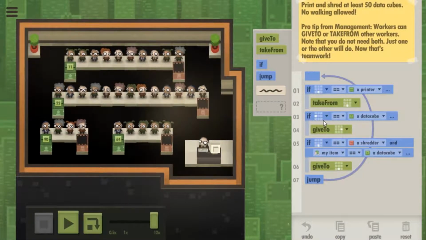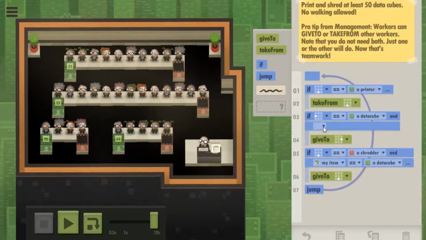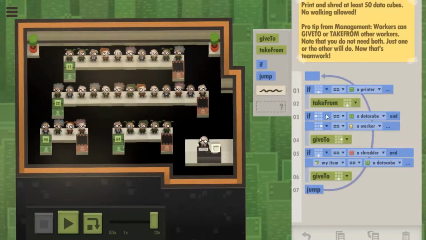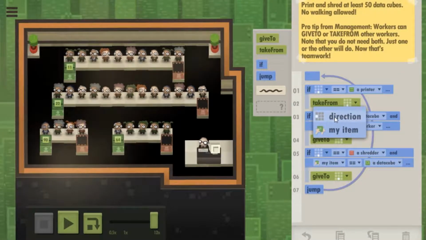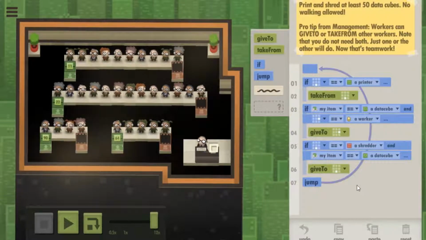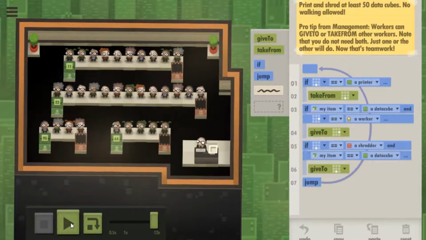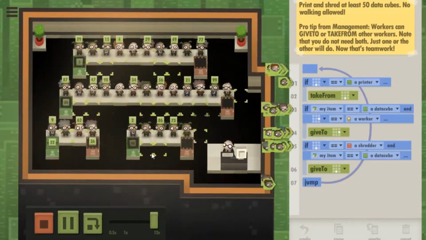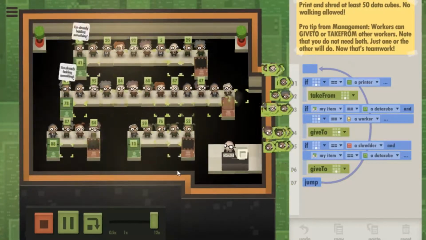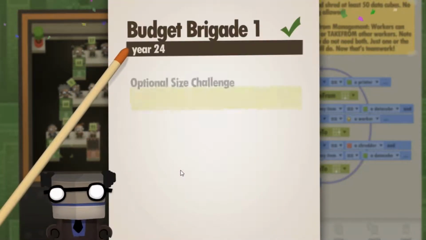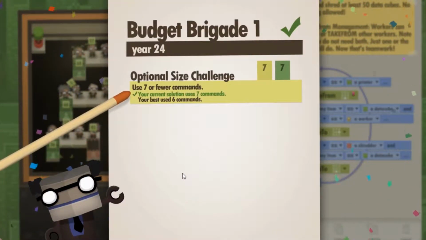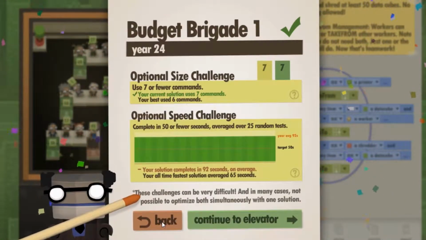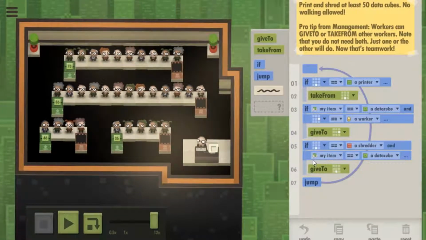Then I have to worry about if right is a person. Why do you care if left is a data cube? I'm confused by that. That should be right. Or my item, sorry. Oh, yes, that's what I meant. Okay, got it. This doesn't look more efficient, it looks equal. How would you ever make it more efficient than every other one? That's even worse. I really have no clue how long checks take. I do not get it.